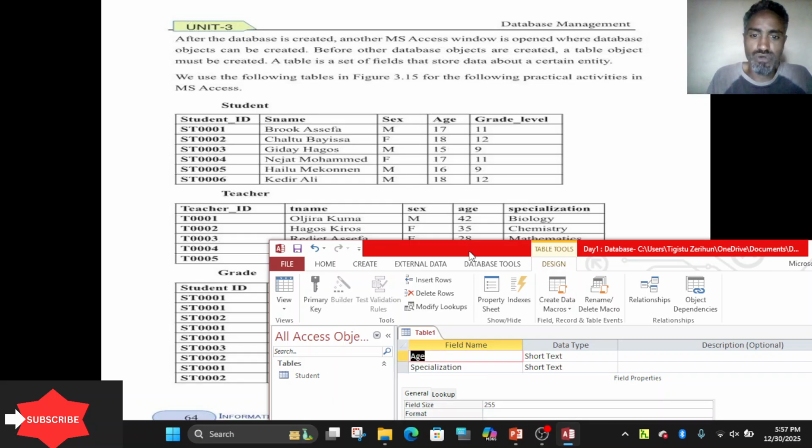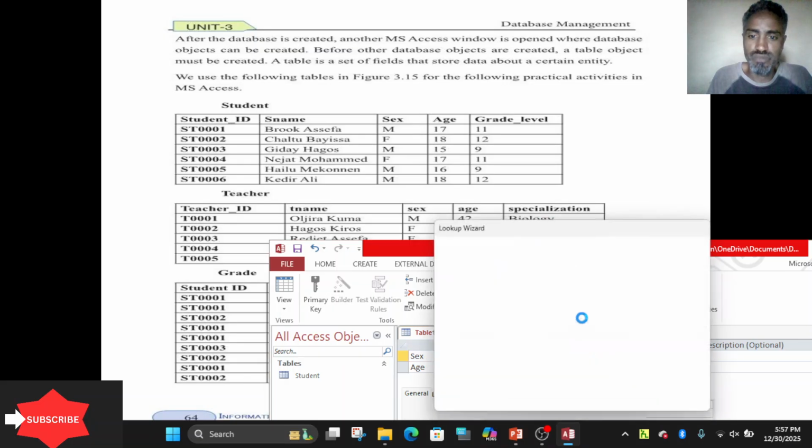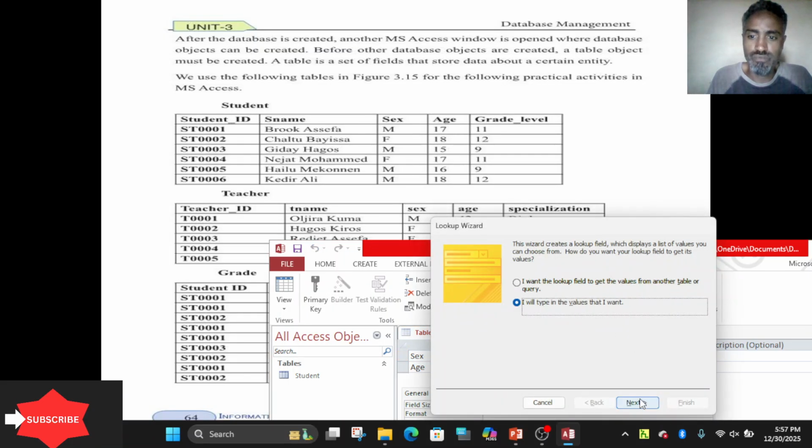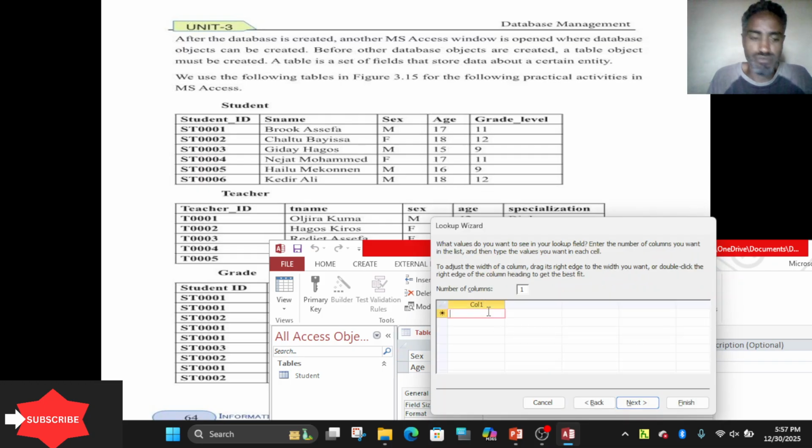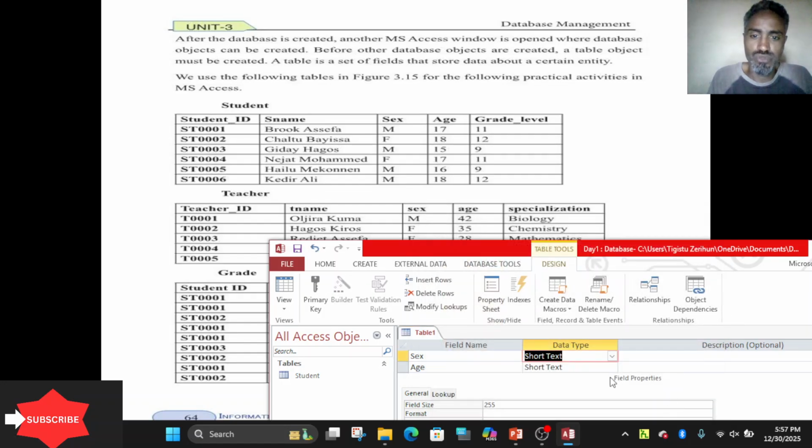Then create a lookup for sex, male, female. I will type M and fill M in short. Drop down, we are preparing a drop down menu. Then specialization.